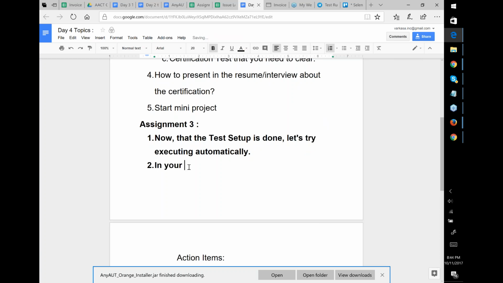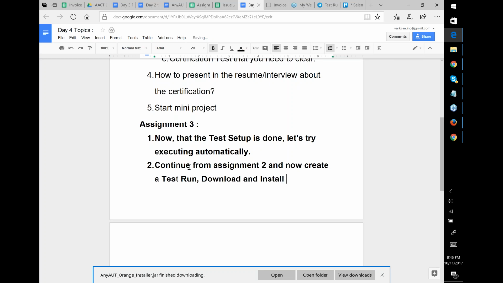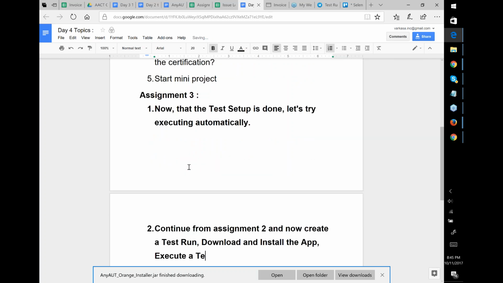In your assignment, continue from assignment 2 and now create a test run, download and install the app, execute a test, view results and upload